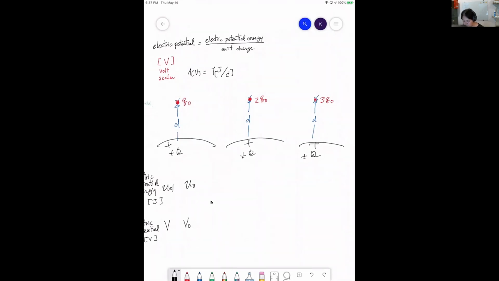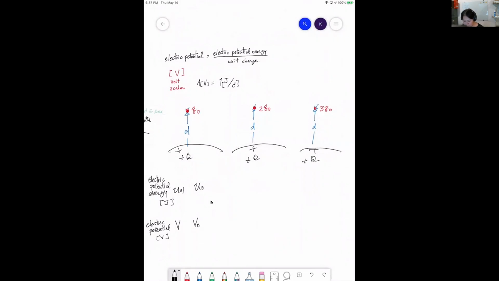What happens if it's in the same location, but now I change that Q naught to be 2Q naught? What happens to the electric potential energy? And what happens to the electric potential? If I change to 3Q naught, what happens to the electric potential energy? And what happens to the electric potential or the voltage? All right. Maybe I can leave this for a discussion, or should I do it? I will do it. So the answer is